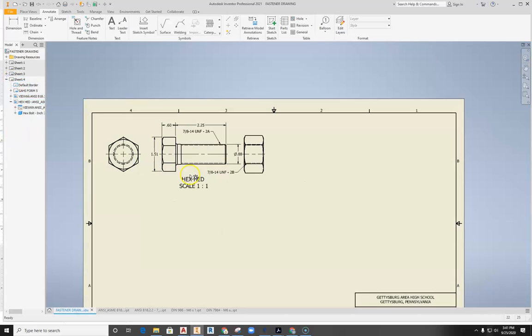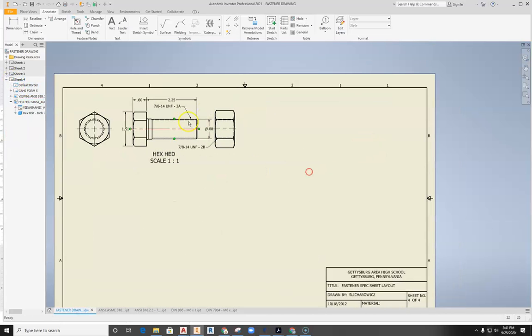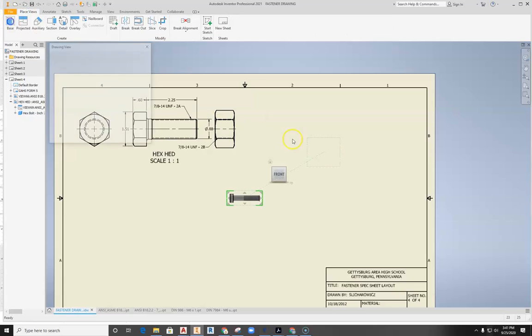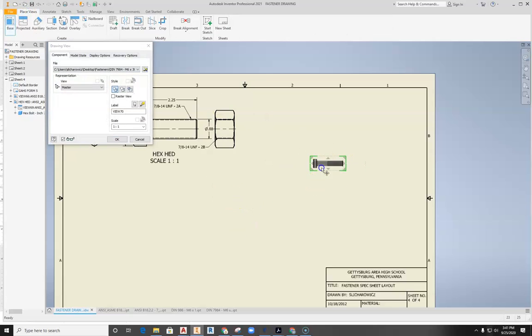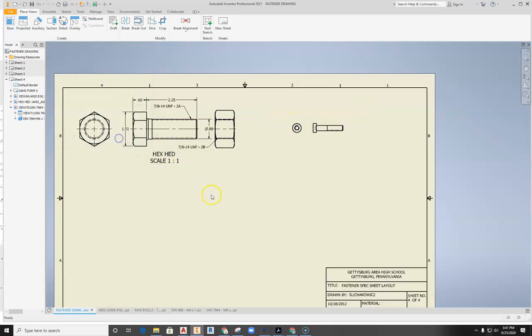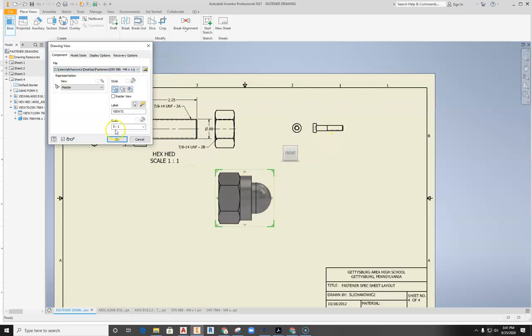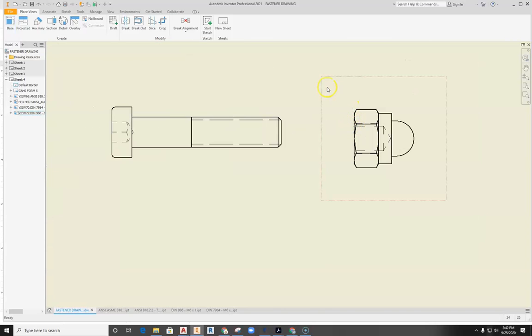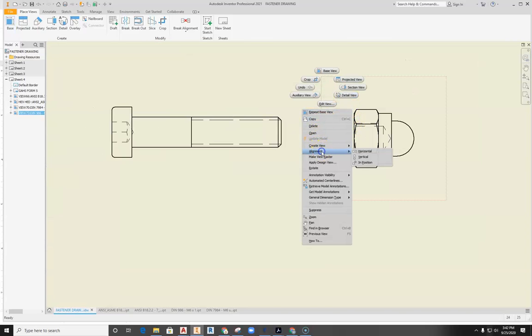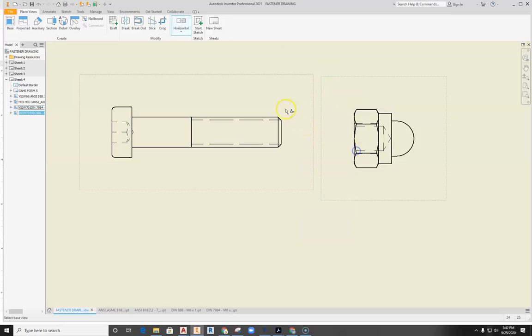And this is where we started laying out the first hex head. So we'll go ahead and do the same thing. Base. And again, set this up to be in position here like so. Hit OK. Okay, and then we'll go back and grab base. And now we're just going to go in and find the nut. Now this comes in, geez, 5 to 1. Heck, we don't need that. Let's go make that 1 to 1. And we'll set this in position. And we'll hit OK. Again, we want to link these up, so we're going to right-click, Alignment, Horizontal, select the